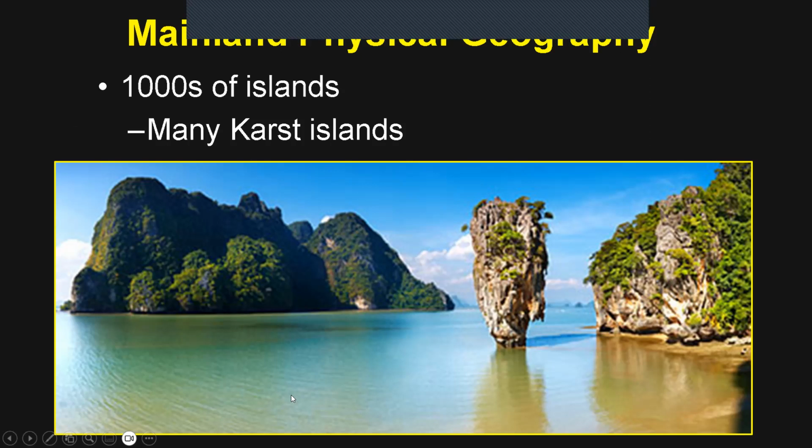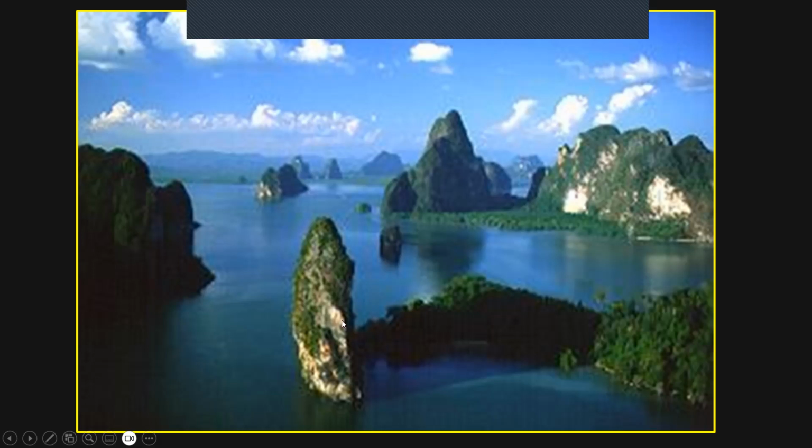Now, another thing that we see in Thailand, as well as in parts of Vietnam, is karst topography. Much of the coastlines of Vietnam are karst islands. These are limestone-based islands. So that means that a lot of it dissolves away and some of it's resistant. And so you have this really crazy undulating landscape out in the water in the Andaman Sea and in parts of Vietnam and Thailand. This is a little bit of a fuzzy picture, but this is one in Vietnam. And you can see this amazing landscape that it creates.